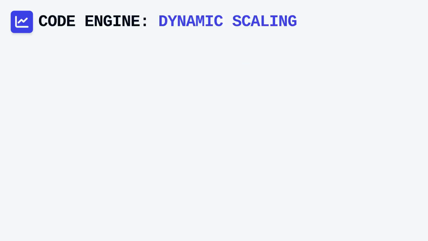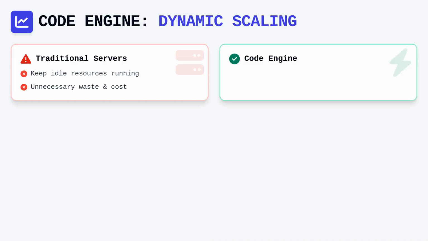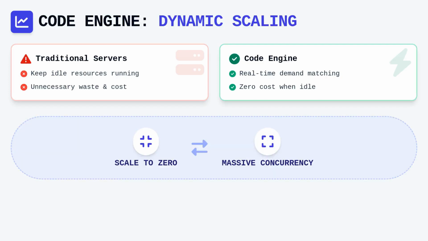One of the most compelling aspects of Code Engine is its ability to scale seamlessly from zero to massive concurrency. In a traditional server environment, you often have to keep idle resources running to handle potential traffic spikes, which leads to unnecessary cost. Code Engine utilizes dynamic scaling, which ensures that your compute resources match the actual demand in real time. If there is no incoming traffic, your application effectively scales to zero, meaning it stops using active compute capacity